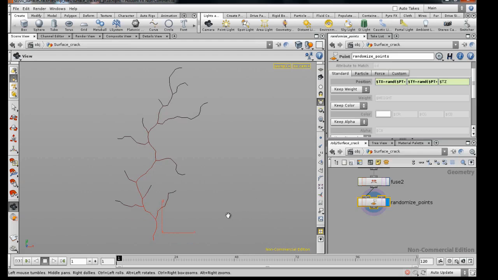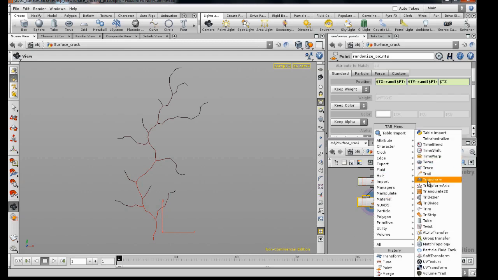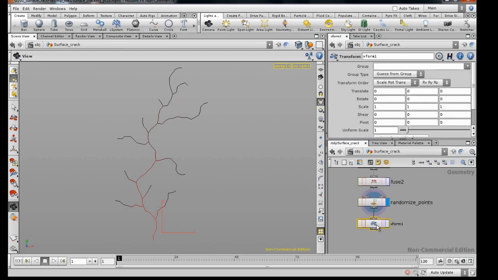Now this has also caused a positional shift in the entire curve itself. It really doesn't matter in this file whatsoever, but if you wanted this crack to be at a specific location on a wall, for example, it was initially lined up at 0, 0, 0 in world space, and perhaps you want to keep it that way. So a very easy way of shifting that around and getting things back to where they were again is just to append a transform SOP here. So I'll right click on the output of the last SOP, T for transform, and lay down the transform SOP,